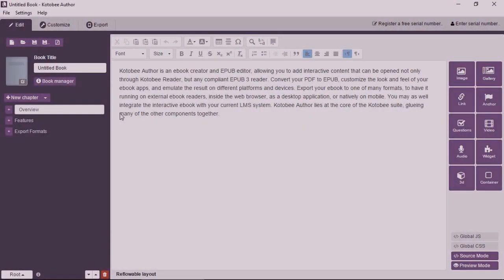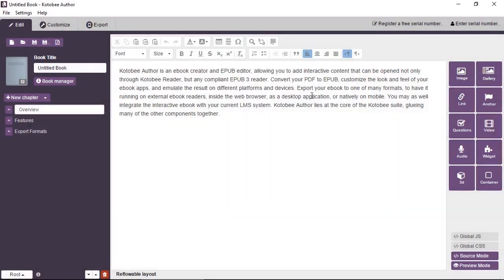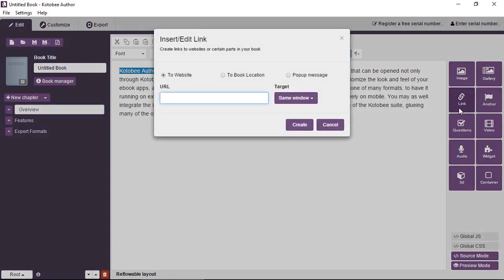In this video, we will learn how to create links and buttons in Kotobee Author. Now, if you go to the link tool directly in the toolbox and click on it, it will give you a message that you first need to highlight the text that you want to link. So click on OK, and we will highlight any word or any group of words that we want to link. And then we'll go back to the link tool and click on it, and it will give us the link